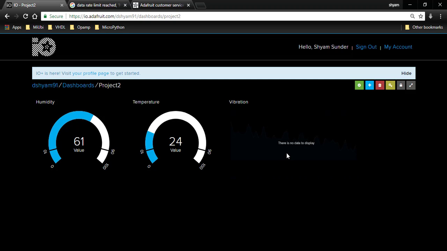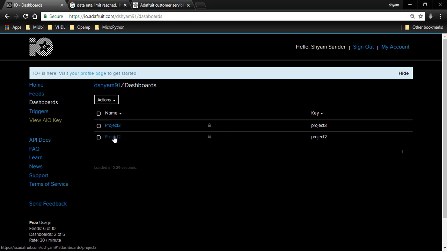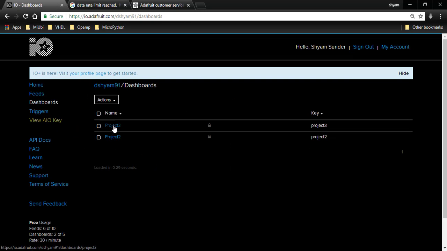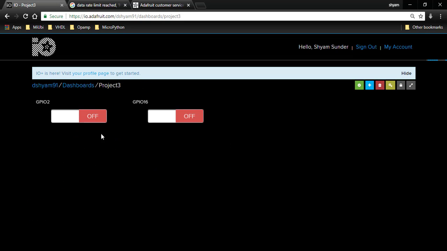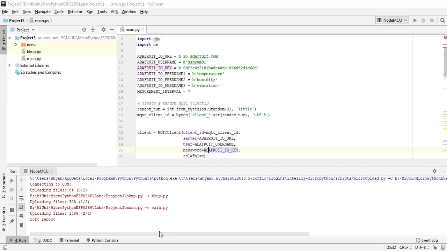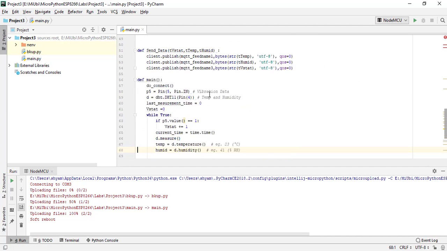Let's say if my vibration data is greater than 1 or 2, then what should happen? The devices which are connected in this dashboard should get triggered. That's what I made. Now you have the same common code, which is trying to send vibration data and humidity data to Adafruit.